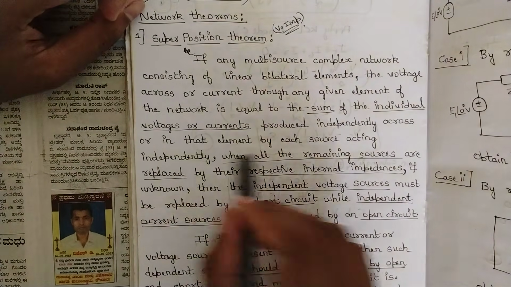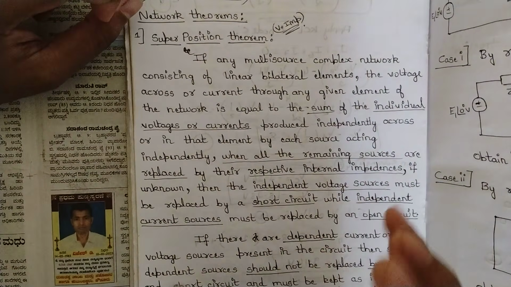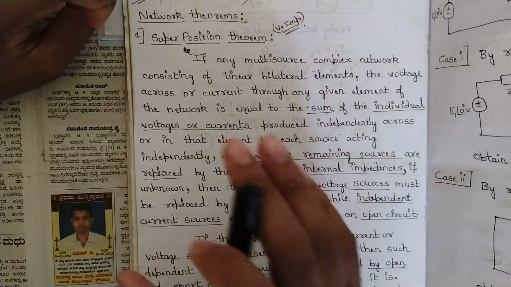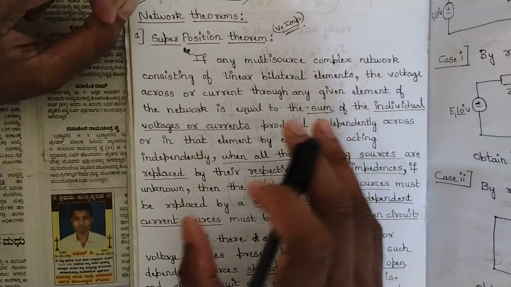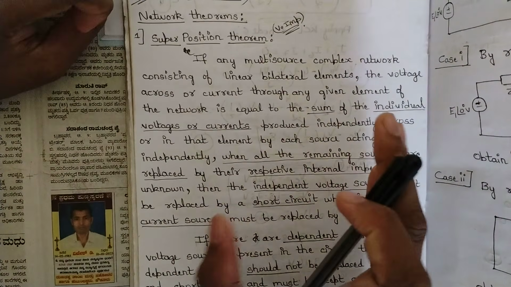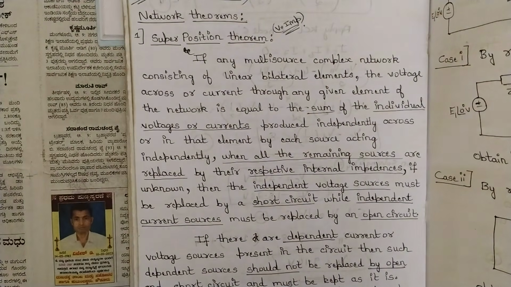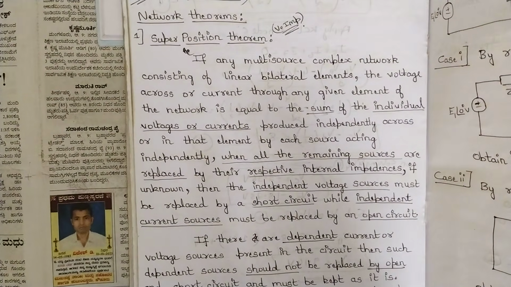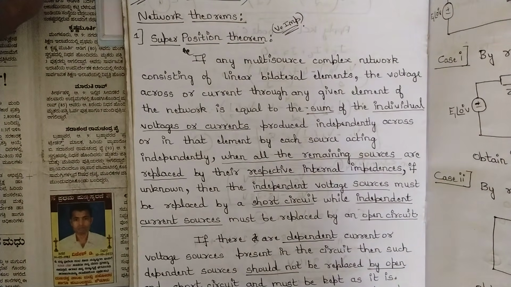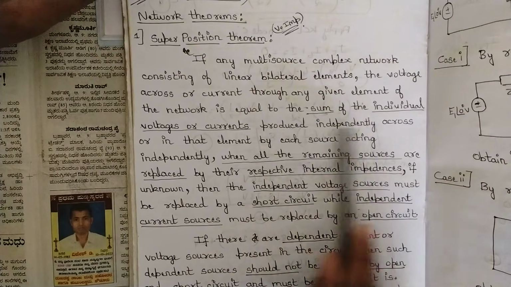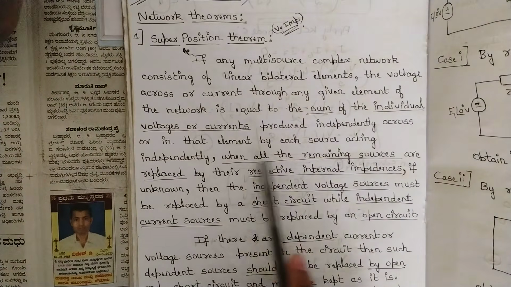This whole statement means that we have one complex network, and if in that complex network we have more than one independent source, that is, current source or voltage source, those sources act independently. That is, we should divide and redraw that particular circuit in order to find the current or voltage. It is produced independently across or in that element by each source acting independently,